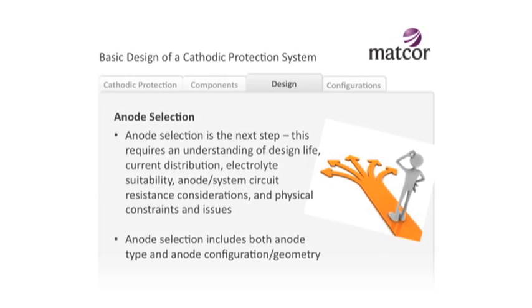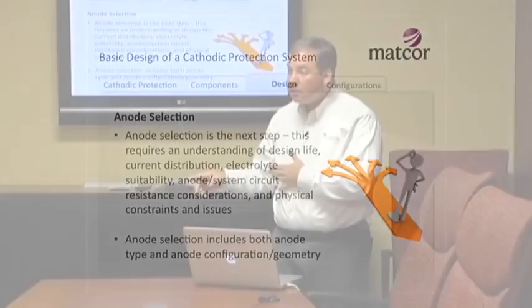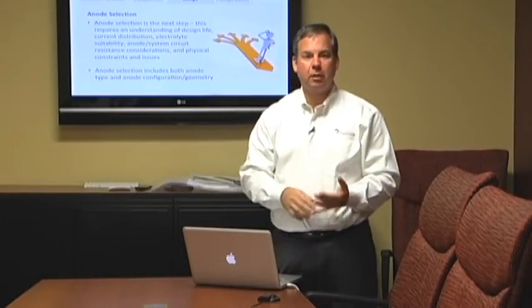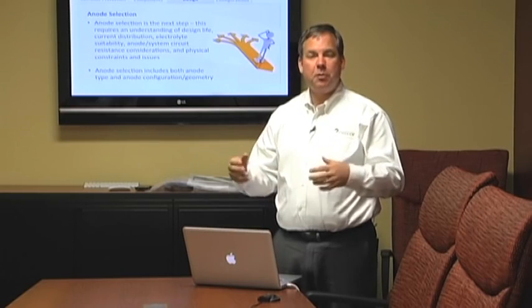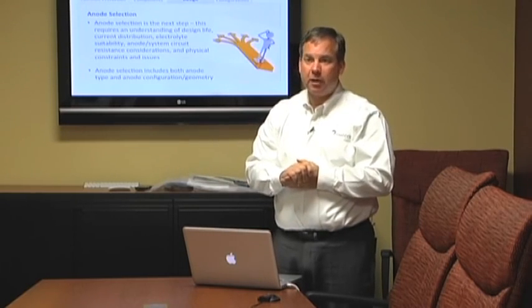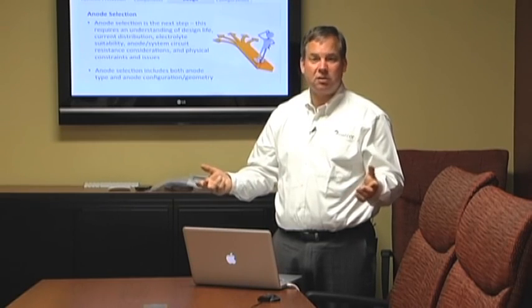Then we get into design, we talk about anode selection. This requires a pretty good understanding of how much design life you need, because different anodes consume at different rates. And the quantity of anodes you want to put in is going to be a function of how long you want the anode system to last. If you're building a brand new 200-foot diameter crude oil storage tank, and you know that tank's going to be in service 50, 60, 70 years,